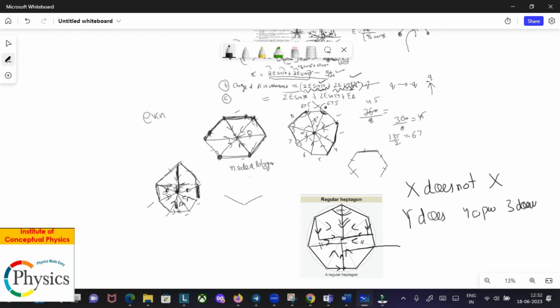In the case of the pentagon, if you notice, you had around 4 components which are upward but only 1 component downward, right? So on a very simple note, you can say that if you're given an n-sided polygon with an even number of sides, the resultant at O is going to be 0. But if you're given an n-sided polygon with an odd number of sides, the answer is going to be what? It's going to be a y-axis directed electric field, and you will have to do those cumbersome calculations which you did for this, right? So this is the explanation.